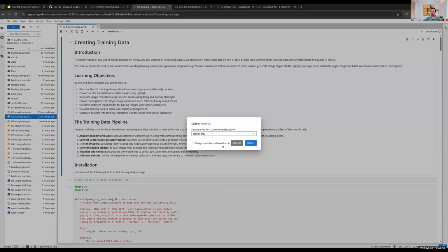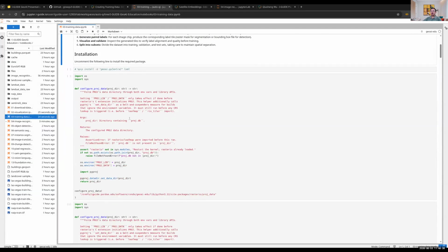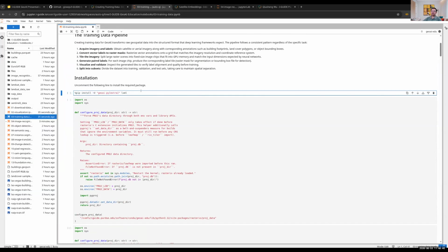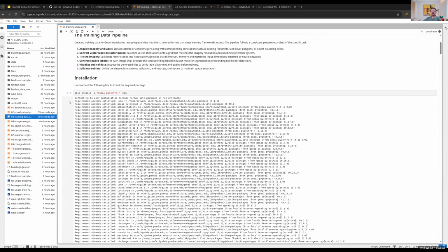Don't use any other one. So select this one and then just yes. Also, I recommend that you just uncomment this one, Control Slash, and then install the dependencies to